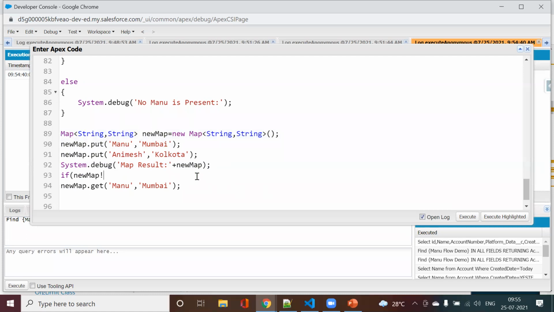map is not equal to null and its size greater than 0, and put a containsKey check also. Inside I have this method contains, so here I will have containsKey.